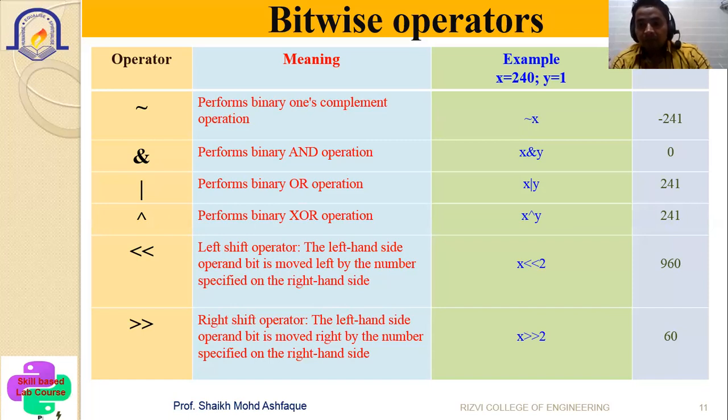Now you will once again get the binary bits of it. After you get the result as the binary value, you have to convert it once again back into the decimal integer format, and then the result will be displayed. In this way you can do it. Hope you have understood.